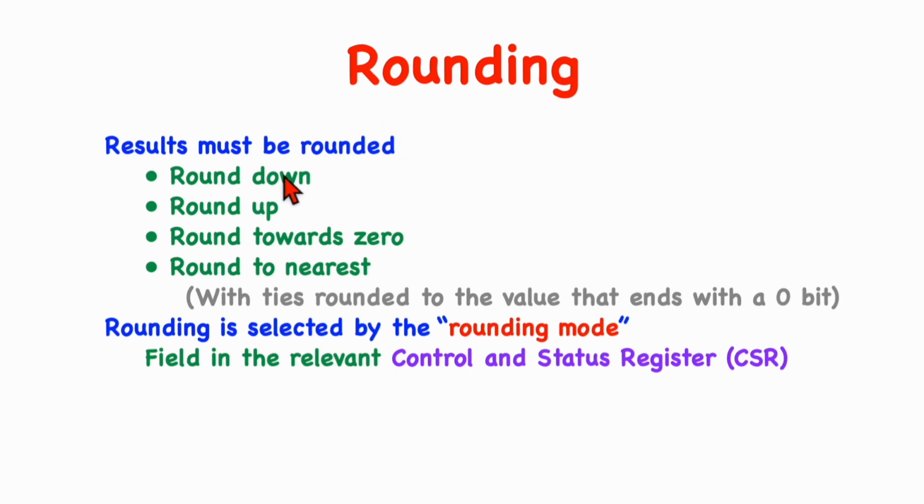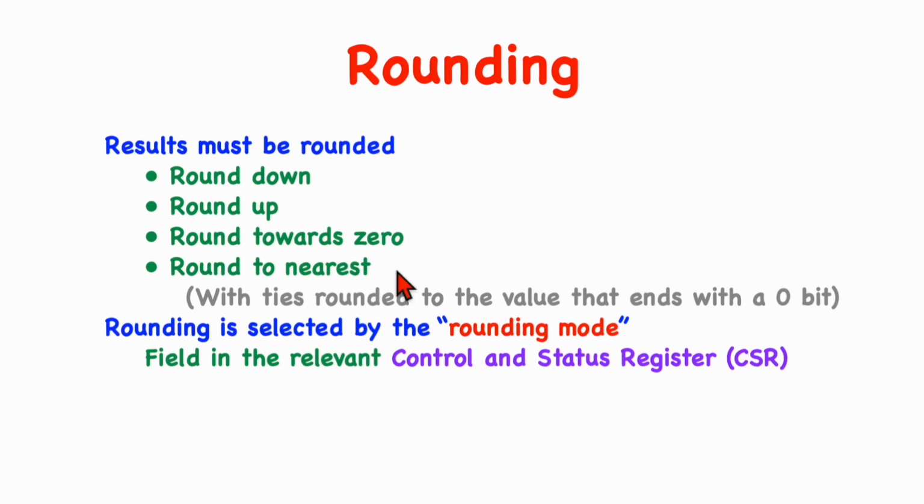The IEEE standard describes several rounding operations. We can round a result down, or we can round it up, or we can round it towards zero. That is, we round positive numbers down and negative numbers up. But perhaps the most useful is to round the result to the nearest number that is representable as a floating